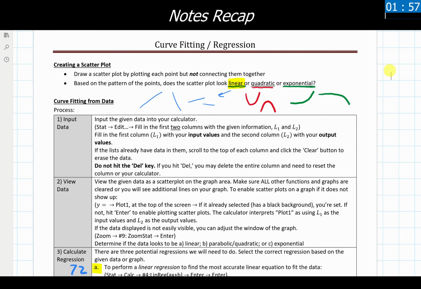As a recap of what we covered here in the video, we were working with curve fitting and regressions. We had our definition of a scatter plot and how we create one, and we had our 3 kinds of trends and patterns that the information could be giving us. Again, if you're in my Math 72 class, you will only be working with doing linear regressions. If you are in my Math 97 class, you will be working with linear, quadratic, or exponential regressions. All 3 are available and fair game in the Math 97 material.